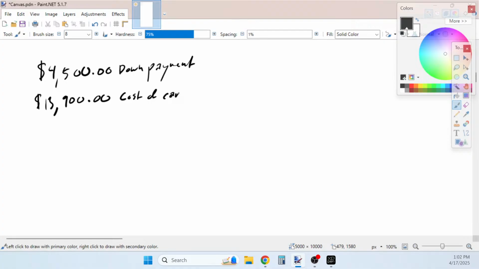Car, and then this person is going to get a 3.5% interest rate, and they're going to have the loan for